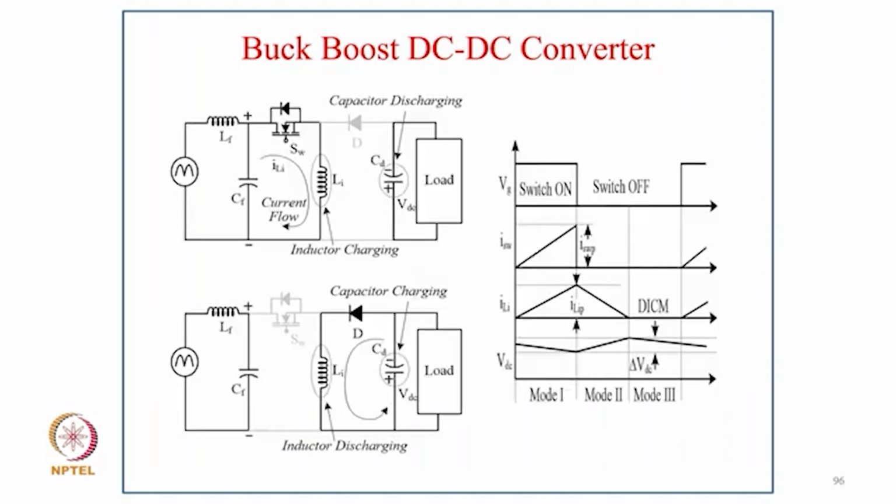And you can see both the modes when typically the switch is on. Of course, normally the input filter is used. So when the switch is on, the inductor is short circuited across the input voltage and the capacitor supplies the load, as you can see. And when the switch is off, the diode conducts and feeds the energy to the output capacitor, like here, and you can see the waveform clearly, even during the DCM mode